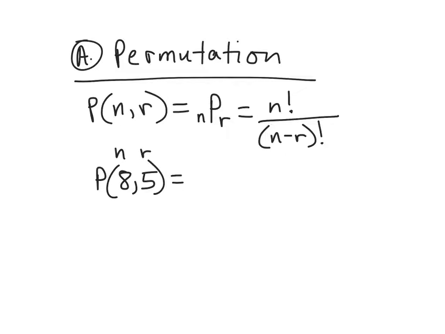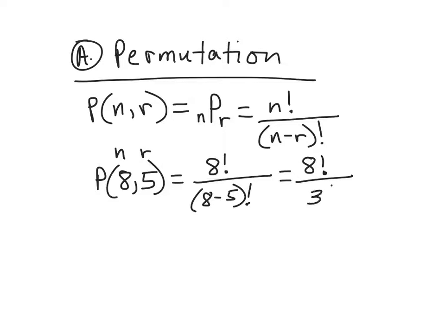So substituting into the formula would give me 8 factorial over the quantity 8 minus 5 factorial, which would be 8 factorial over 3 factorial,